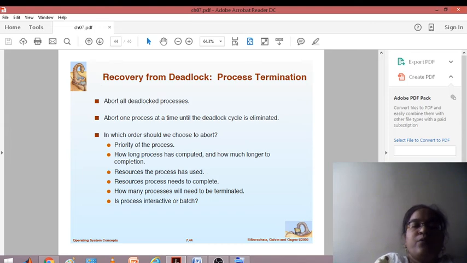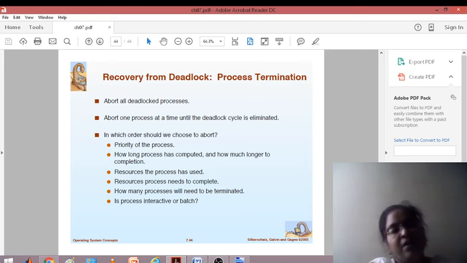Now there are two methods we use to detect deadlock: a wait-for graph or the deadlock detection algorithm. The wait-for graph is used to detect a deadlock for a single instance of a resource. For multiple instances you use the deadlock detection algorithm. When you detect a deadlock, you know which processes are involved in it. Obviously, the processes in a cycle are the processes in a deadlock.